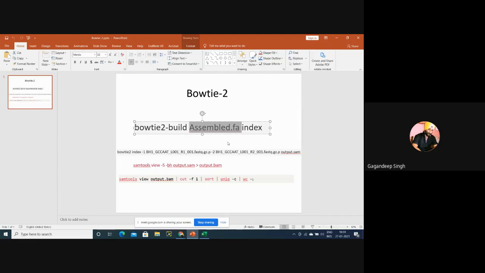Any name works, for example, if I am working on t.fa, or if you are working on stevia.fa, you can rename the file whatever you are working on. The .fa should be the assembled file, meaning the file which contains the assembled sequences obtained from CLC Workbench or Trinity. Followed by a space, we should type index. It can be index or any other name, but index is better.